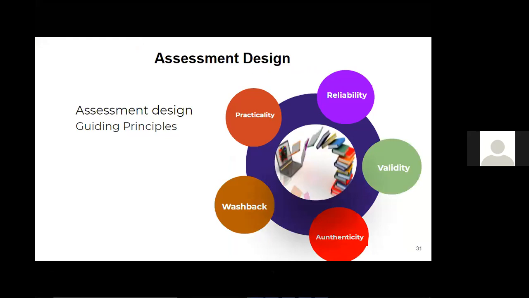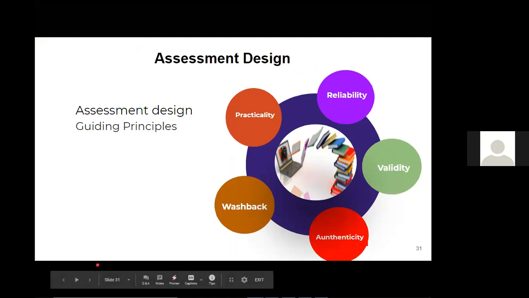Assessment design had some guiding principles that I took you through very quickly last week. We talked about practicality, which refers to the time and cost constraints during the construction and administration of your assessment. Reliability refers to the stability of the scores over time. Validity refers to whether or not the test measures what it claims to measure.